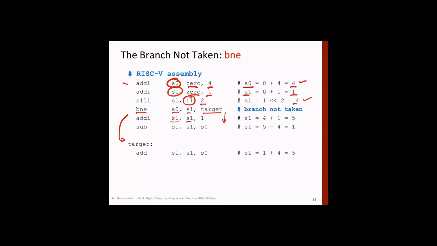So we'll do addi S1, which is 5. And another instruction is S1 is equal to S1 minus S0. So 5 minus 4 is equal to 1. Right? It could be any random statement. For demonstration purposes, the author has used some statements. And then the next instruction executed will be S1 is equal to S1 plus S0. So S1 after this is 1 and S0 is 4. So the total will be 5. Any question? So it's very simple.